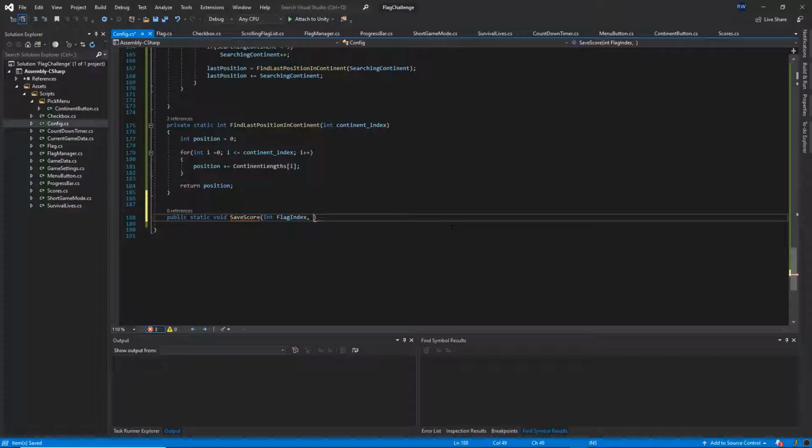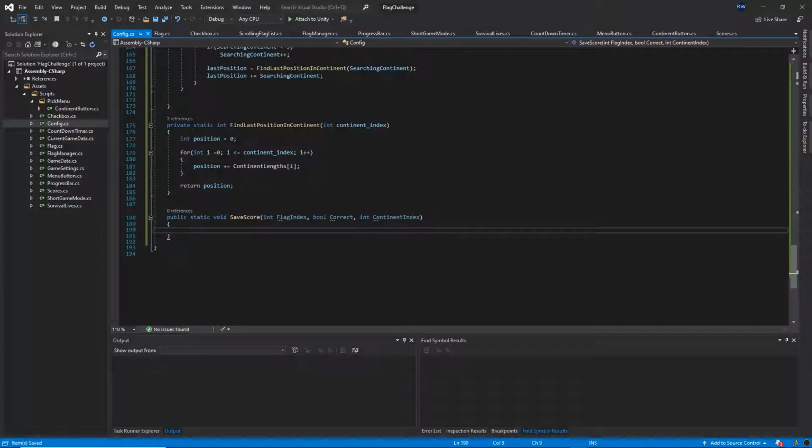flag index, bool correct, so did we guess or not, and then int continent index. Okay, so we want to pass all of that information, and then we want to do int